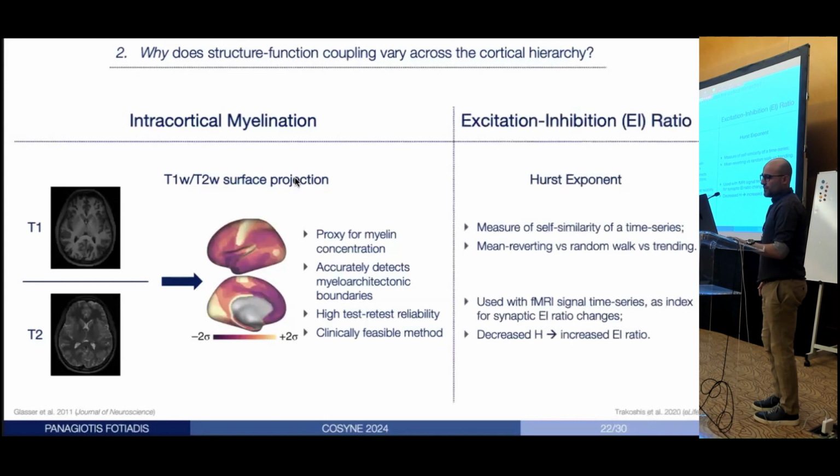The second marker that we used was excitation inhibition ratio, which tells you the amount of relative excitation versus relative inhibition that goes on in the cortex at different time points. We assessed that using the Hurst exponent. That's based on recent work that showed that the Hurst exponent, which is a marker that assesses self-similarity across time series, we can talk about that later because it was quite complicated, but essentially we showed that a decreased Hurst exponent based on the functional time series is a good proxy of increased EI ratio and thus increased relative excitation.